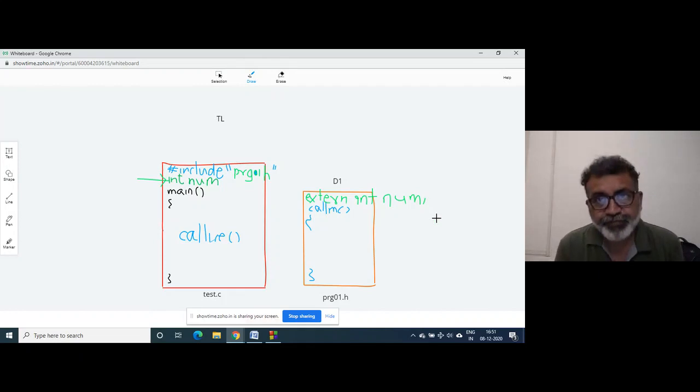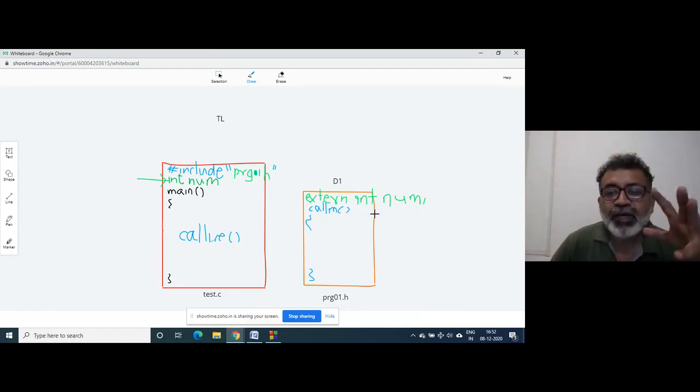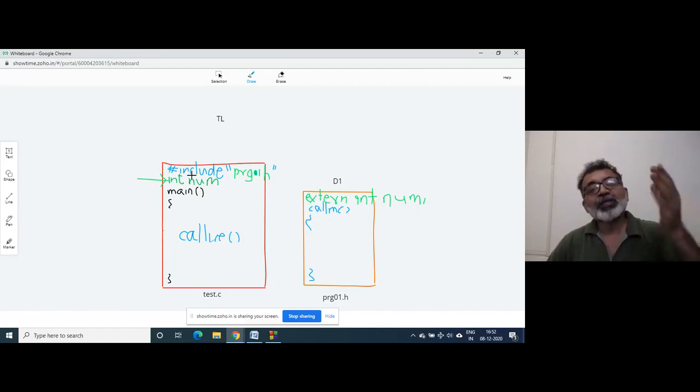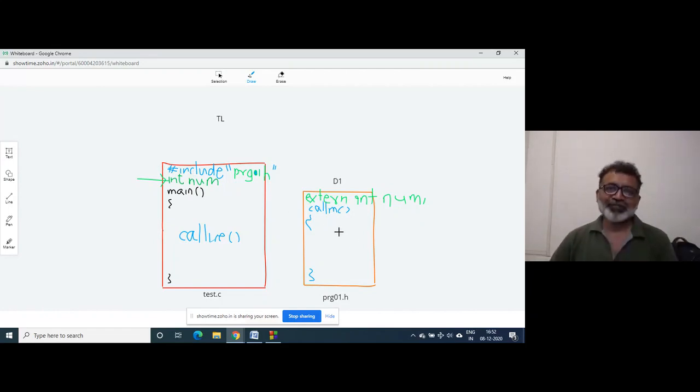Extern int num. This extern tells the compiler that num is not declared here, but is declared somewhere, and somewhere means it is here. So it doesn't give any error, and this num can be used by the call me function.